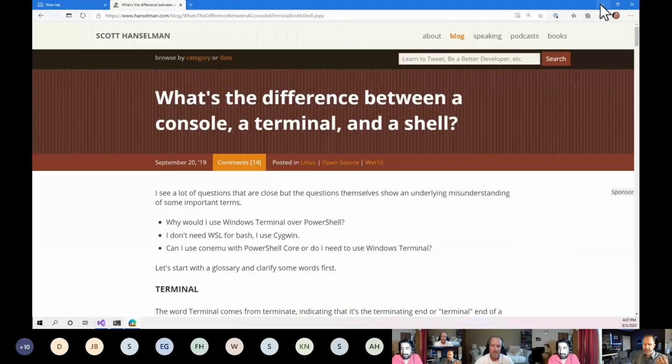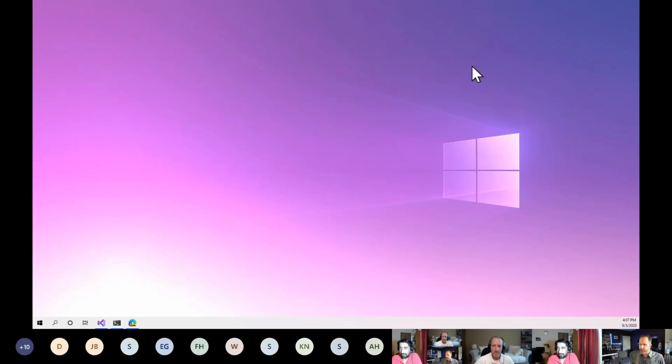And they'll say things like, oh, Windows Terminal came out, but I use Cygwin. Or, oh, I want to use Ubuntu, but I hate the Windows Terminal. Or I use Xterm, and there's no Xterm on Windows. And they mix their words up a little bit. So here's a little bit of unnecessary Windows history for you to understand what's going on and why we got where we got. So if I go to the Start menu and I run cmd.exe,